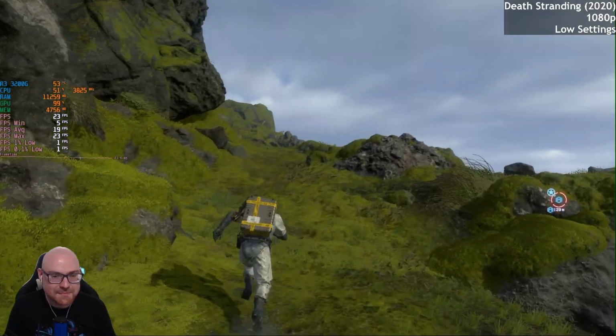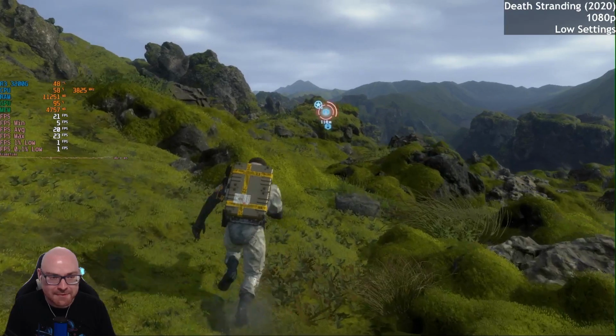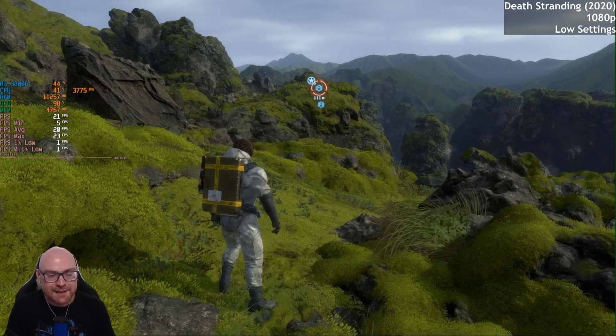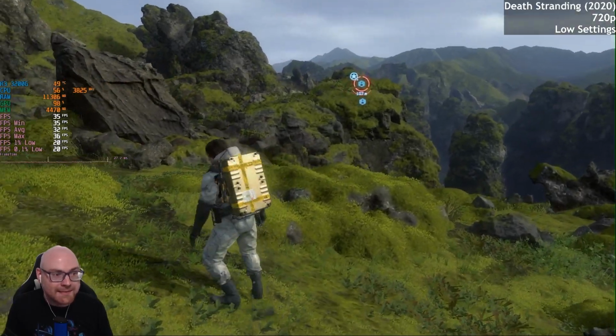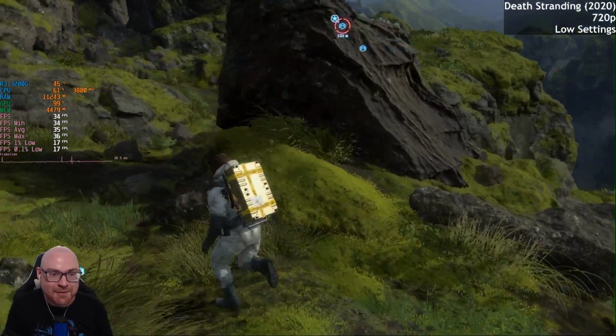It's a shame, because even on lower end GPUs, I've had a pretty good time with it. We get high frame rates, but maybe if we drop it down to 720p and see what happens there. Right, we're running this at 720p now, and it is looking a lot better. If I just reset the counter, yeah, that's a lot better. You can play this at